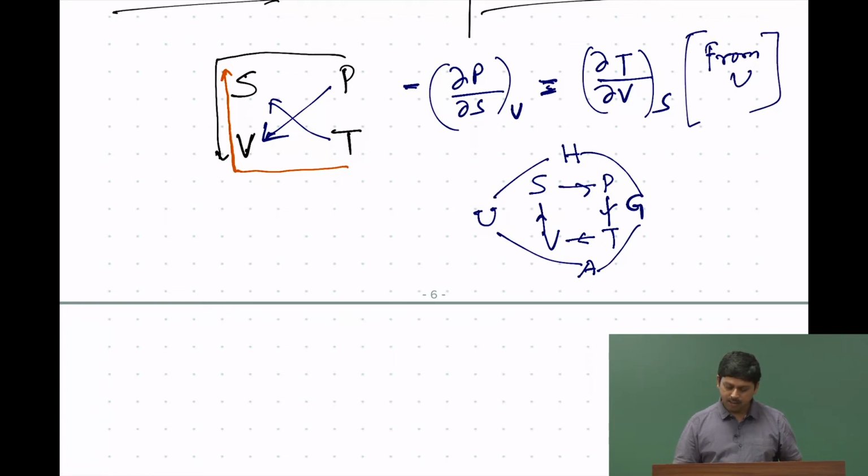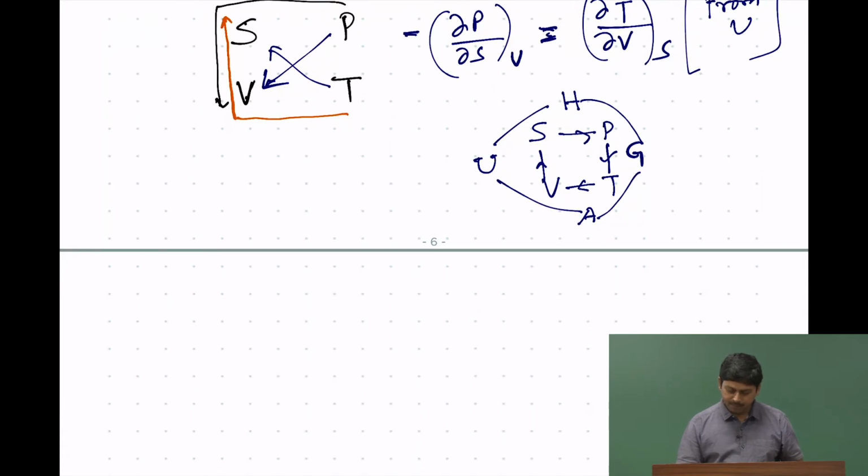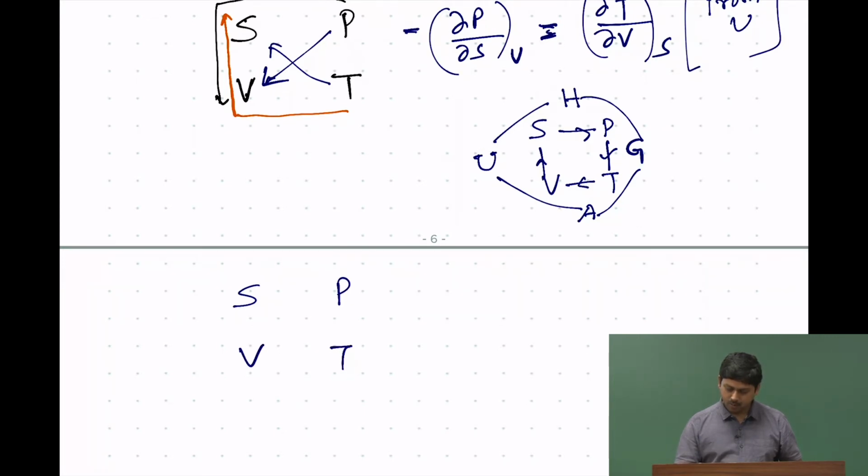I showed you the relation for A and G, right. So, let us do that. For that we need V and T. In order to do that, again, we can write S P T V, and we want to do V and T. So, if we want to do it with respect to V and T, we can go this way, del P del T at a constant V